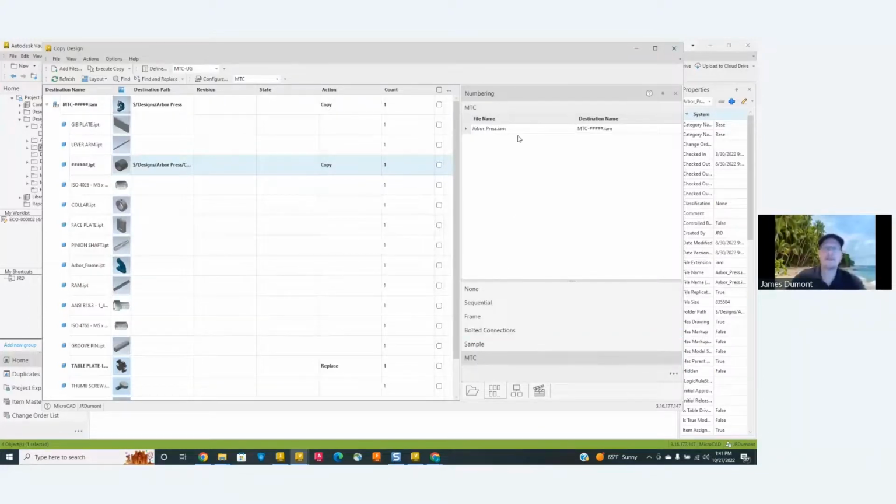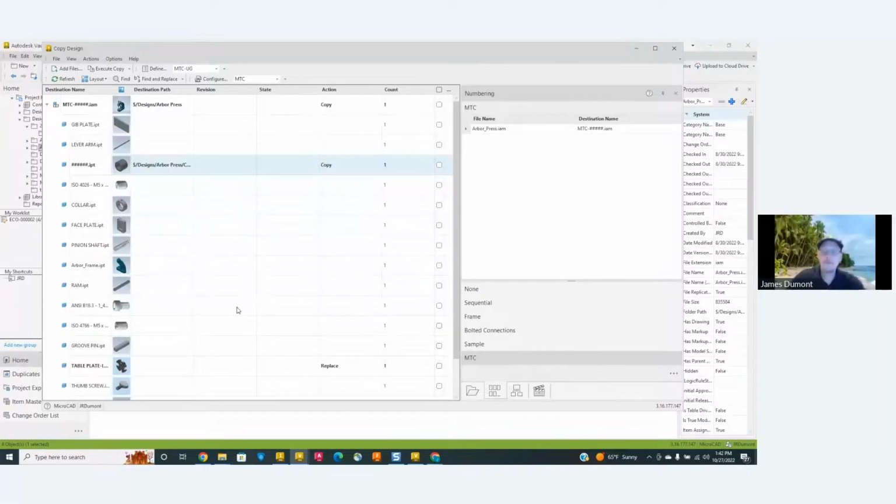So it's more of a filter. So basically like carpentry, measure twice, cut once. You can look at what's happening before you actually hit execute. Because if you're not careful, if you're doing a lot of these copy designs and just hit execute, you're creating a lot of garbage in your vault. A lot of files are getting copied all over the place. You're not exactly sure where they are.